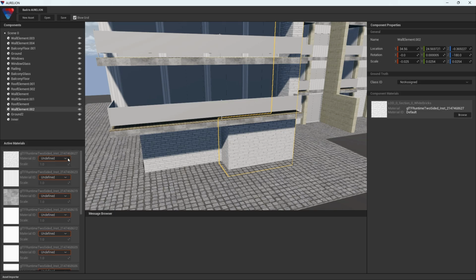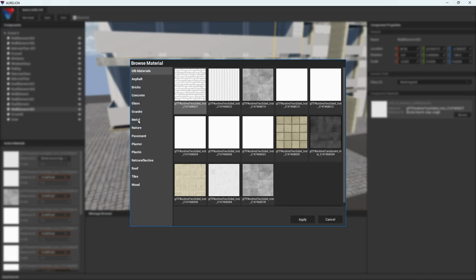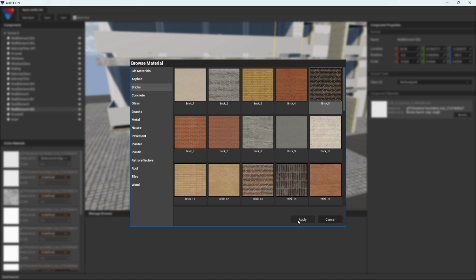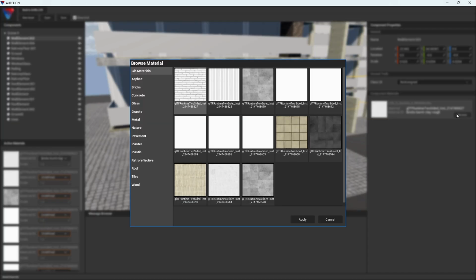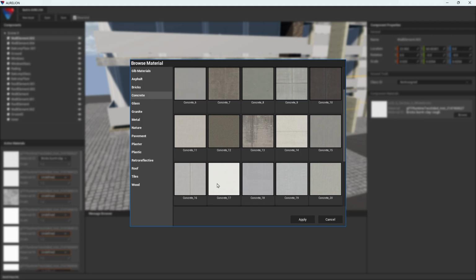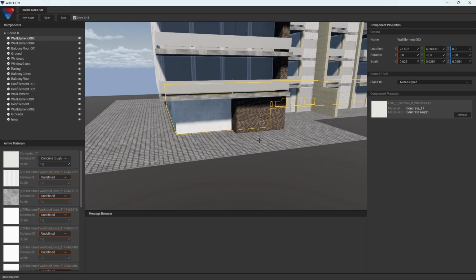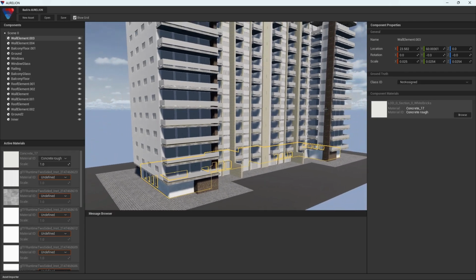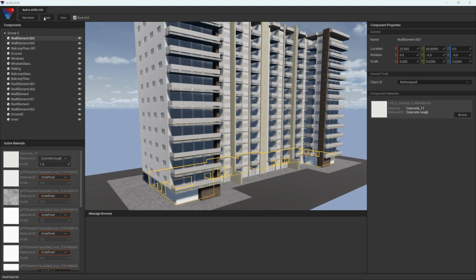But let's check this one, which comes from the GLTF. Here you see material ID is undefined yet. We can search for a material ID that fits, for example something with brick. Now it knows not only visually, but also for sensor simulation how it should behave. Of course, we can also choose something from the DSpace library right away. For example, this brick. Or here we go for a concrete material. Now I could go on and exchange the materials and set them up correctly.